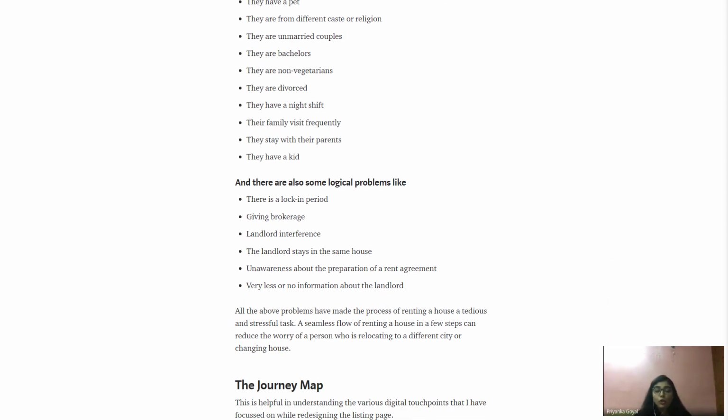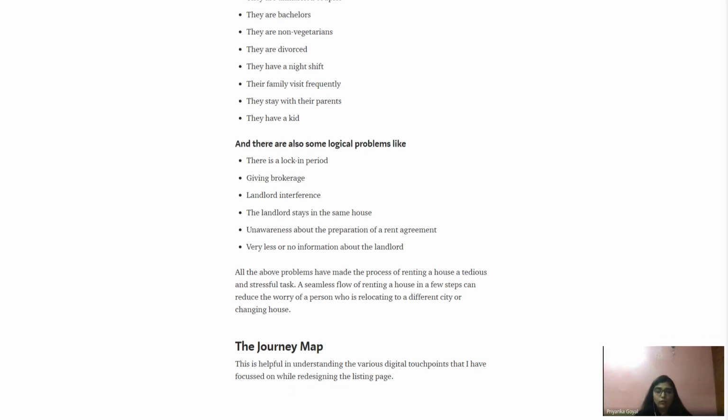Plus, I have written some logical problems. These are the kind of problems Oyo Life is actually solving, so I have written all those things. So I could say, these are my user problems, these are the logical problems that they're facing, and these are some of the USPs of my business. So I'm trying to somewhat collaborate my business goals with my case study to give them that kind of feeling.